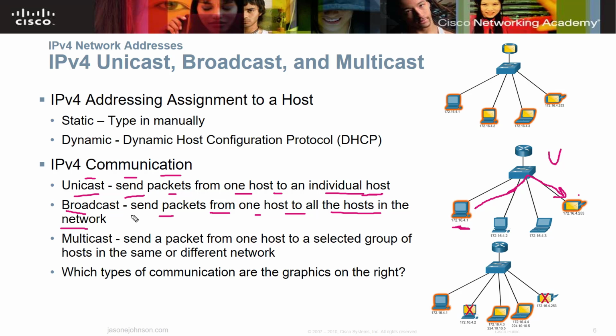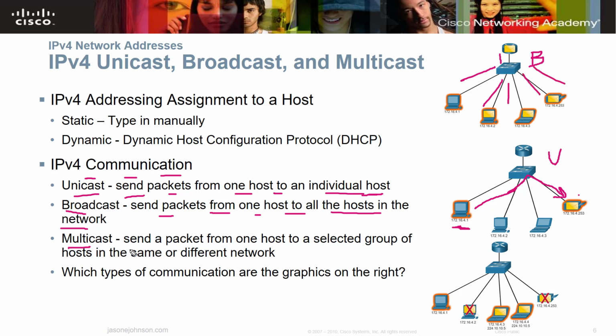So that's how I remember it in my head: broad means it's going to go from one to all the rest of them. This is a broadcast up here. I should have put these in order, but I didn't. So this is a broadcast here. It goes out to all of them. Boop, boop, boop, boop. And then you have multicast.